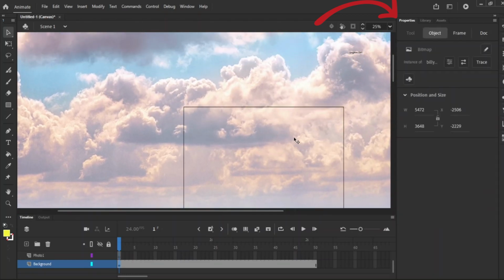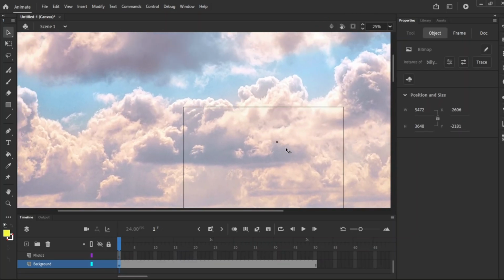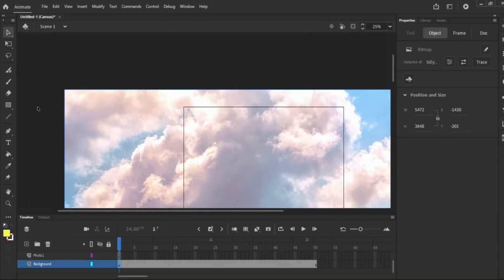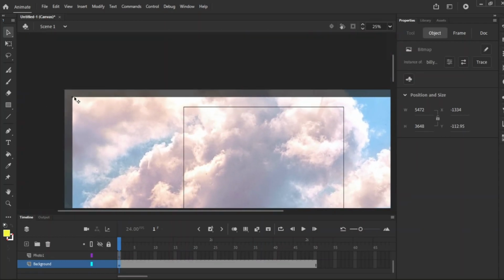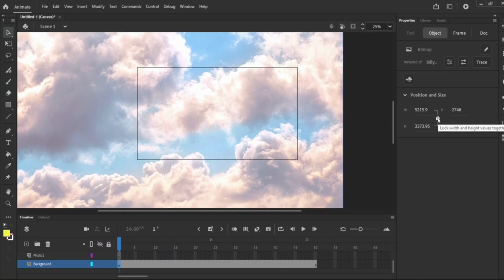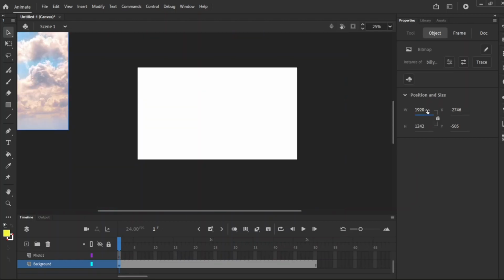Okay. And make this image smaller. Let's see. Okay, so now I'm just going to try to get a good size for this. So we know that it is 1920 by 280. So